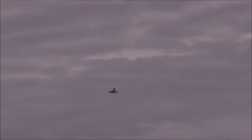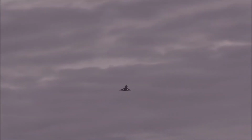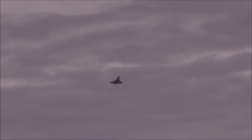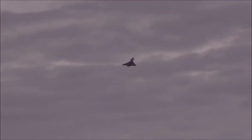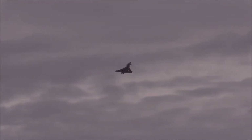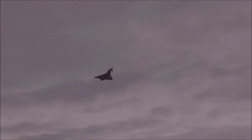So the contrast to that very rapid start to the Typhoon display coming now as it positions round to the left for the slow pass with undercarriage down. Of course, the outstanding manoeuvrability that we have seen on display so far, assisted by the aircraft's digital fly-by-wire control system. That affords artificial stability because the design, like many modern aircraft designs, is inherently unstable, and it also provides for what's